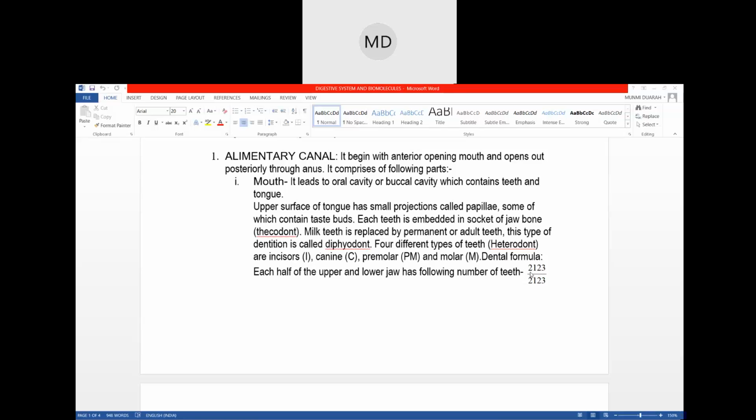So the numbers 2 1 2 3. So this 2 will represent the incisors, then this 1 will represent the canine, then this 2 will represent premolar, and this 3 will represent molar. Okay, same for the lower jaw too. Incisor, canine, premolar, molar. 3 is molar. Okay, now